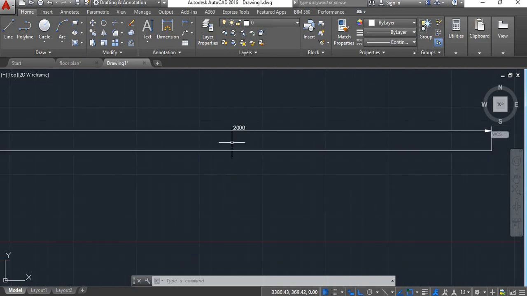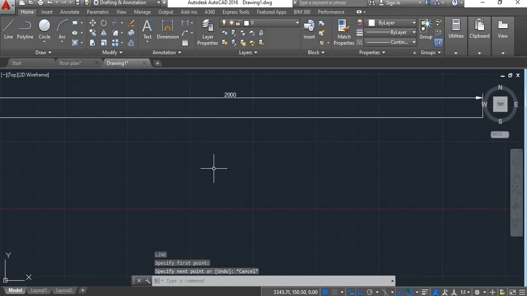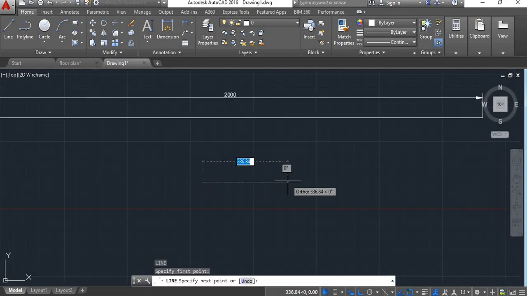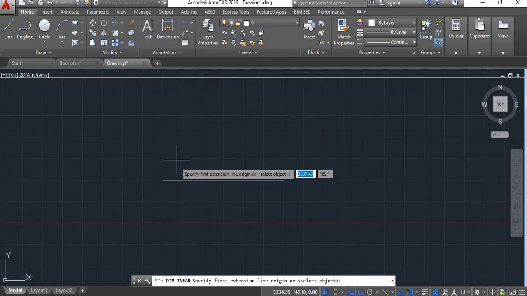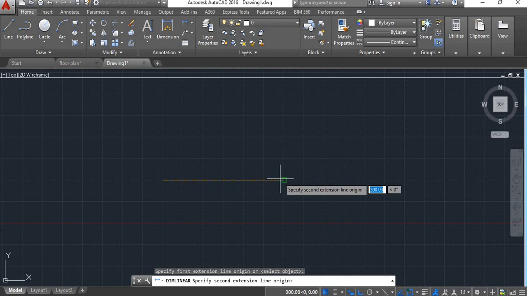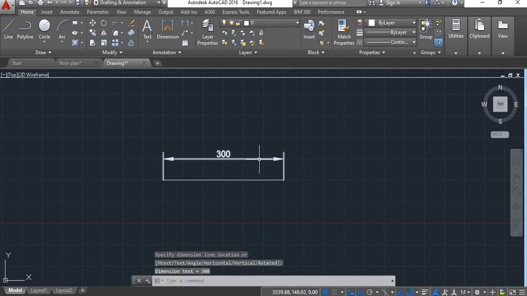Now here the scale factor was either double or 50%. Now suppose if you have a line here of 300, enter. We'll take the dimension. It is 300. Now suppose if you want to increase the scale of this line to 475, then there you can't give a round figure factor like 1 or 2 or 0.5. You'll have to give factor as, first you take the